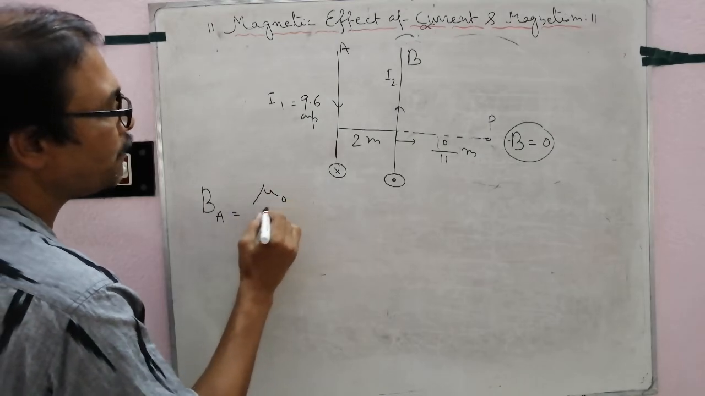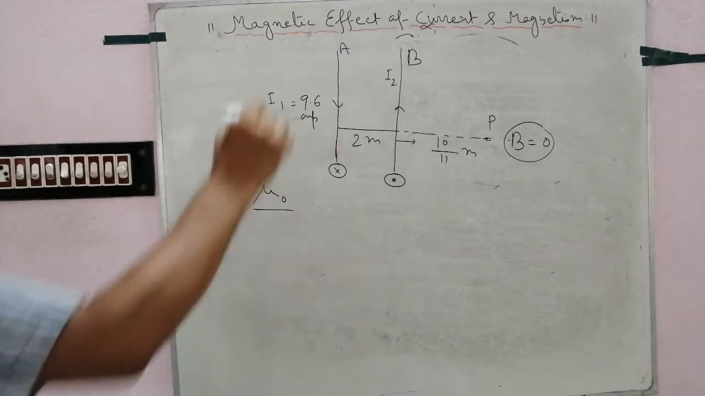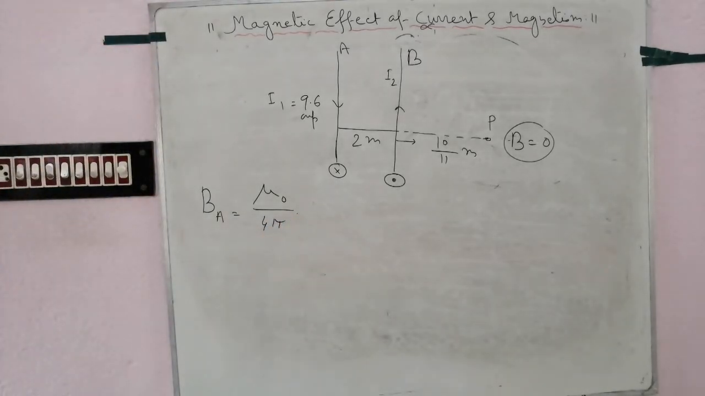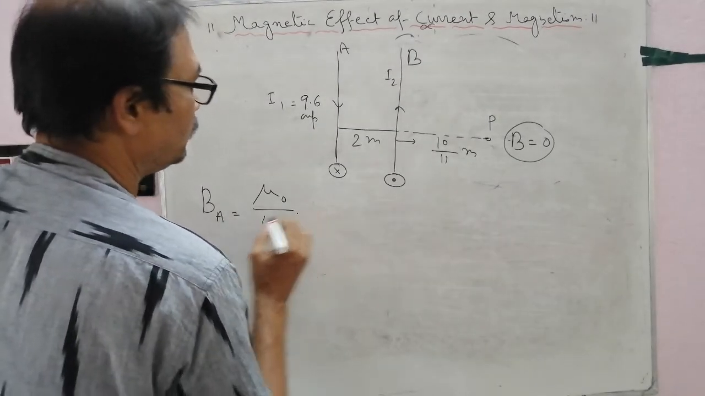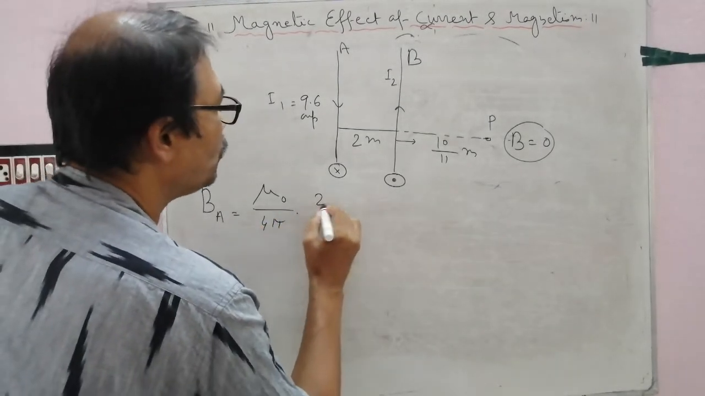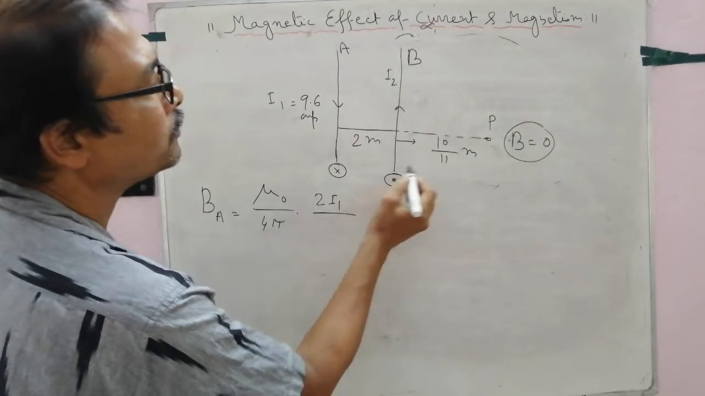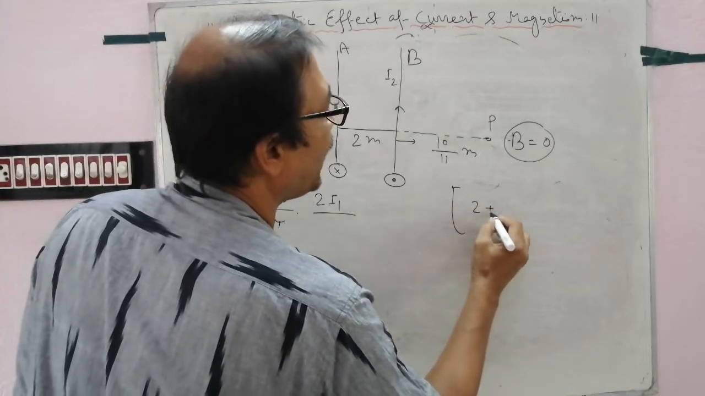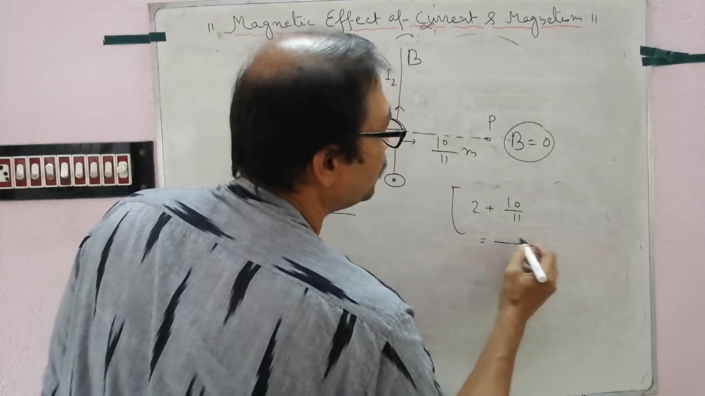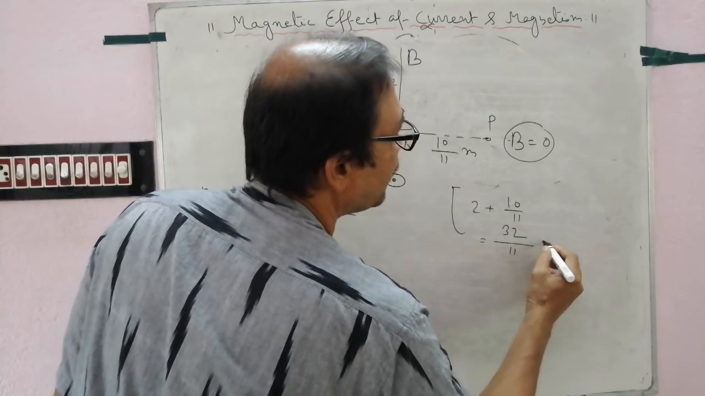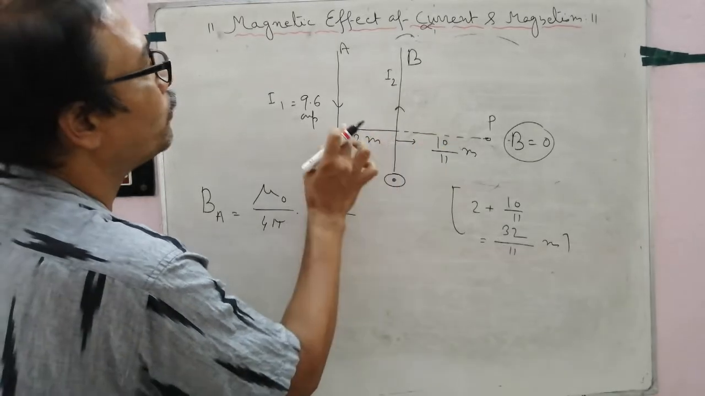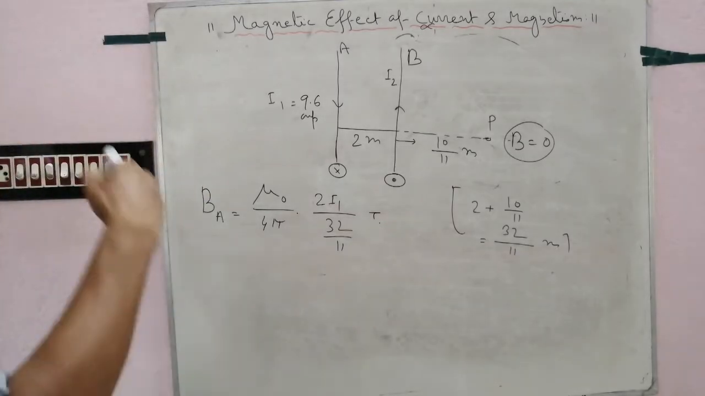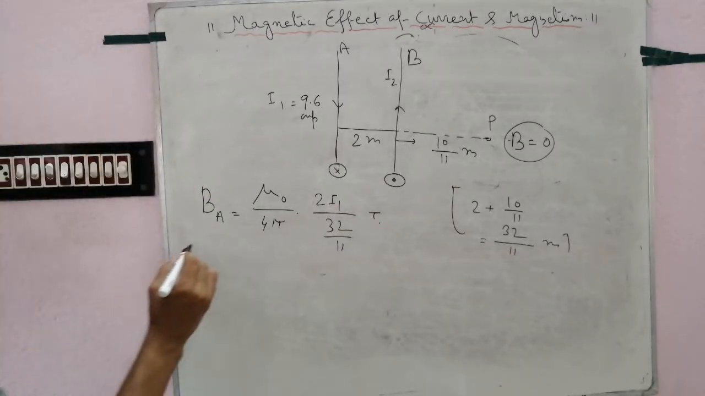equal to, for an infinitely long wire, mu naught by 4 pi into 2 I1 by R, where the distance is 2 plus 10 by 11, equal to 32 by 11 meter. Follow, the distance from the first wire is 32 by 11, and the unit is Tesla. This is upward. For B_B,